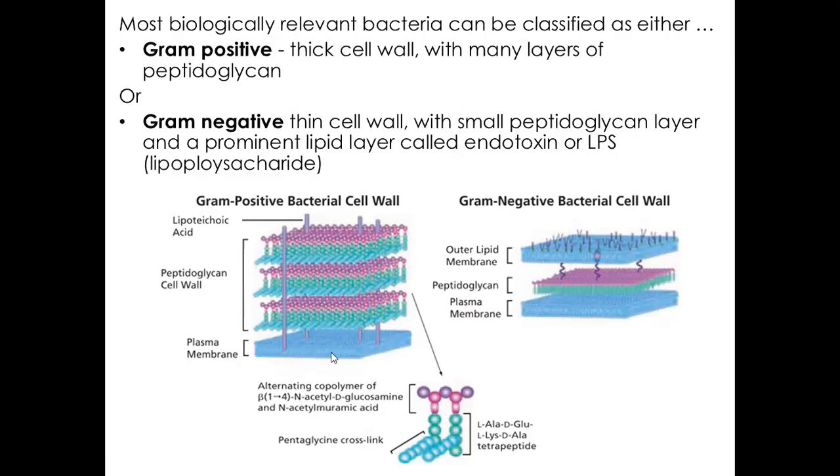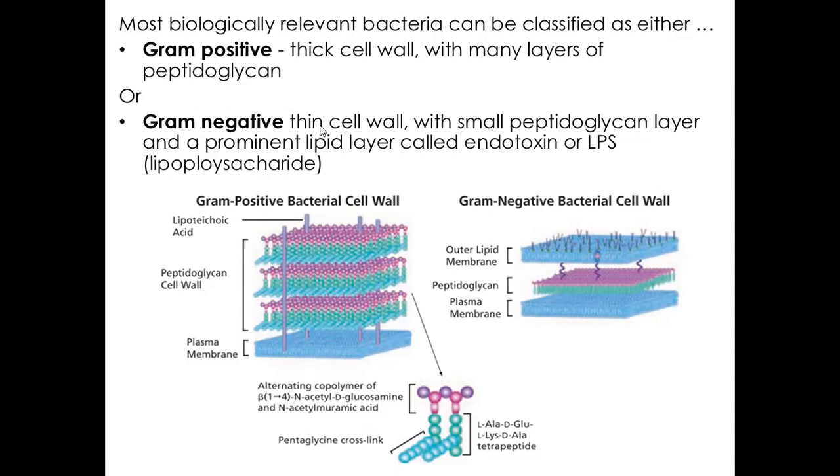You've got your plasma membrane, like your cells have a plasma membrane. Bacteria cells, in addition to that plasma membrane, have, in this picture, 3 layers of this peptidoglycan cell wall, okay? Now, when I say cell wall, it's not like a plant cell wall that's super rigid, but it has some rigidity to it. But it is, in addition to the plasma membrane, it's got this cell wall. And in a gram-positive bacteria, it's got, like I said, multiple layers of this sugar basically set up. And you can see that on the left here.